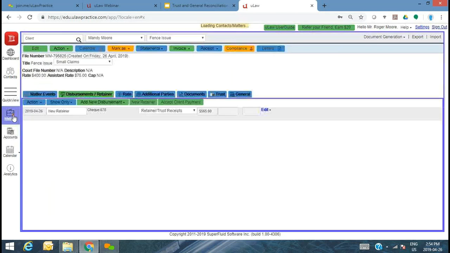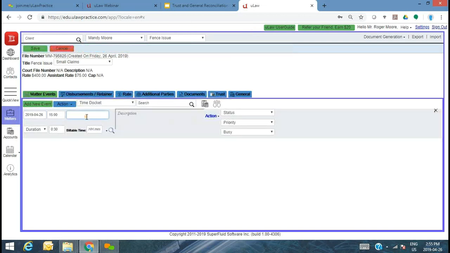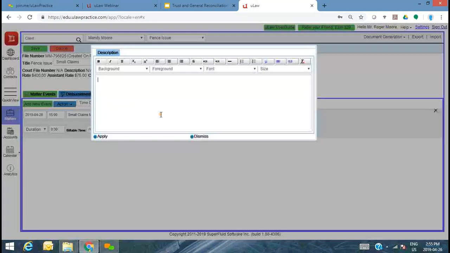Let's move forward. For the purpose of the demo again, with time being very limited, let me go ahead and say small claims matter complete. I'm just going to say initial client intake. And this is something that all our clients sometimes do, but they want a quick and easy matter to be completed. Court appearance.